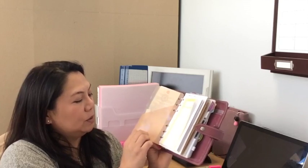So the next section in here is a little pocket that I got from Staples. It's the Daytimer personal size pocket files. I found it near the 5.5 by 8.5 binders, and they're great. They come in a set of 4. So I have one, and when I am shopping, I will put my receipts in here, and then at the end of the day, I will put my receipts in my